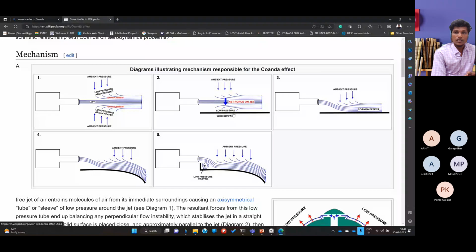But we already saw that there is a formation of low pressure, not inside the jet. Remember, low pressure is not forming inside the jet. I don't want to confuse you, but one thing you should remember: if some fluid is coming out of the orifice and entering into the atmosphere, its pressure itself will be equivalent to the ambient pressure, the same pressure that we feel in the surroundings.